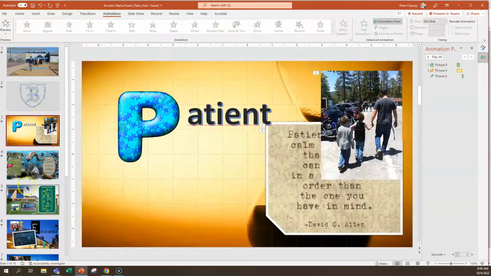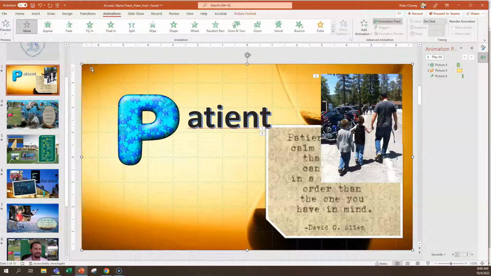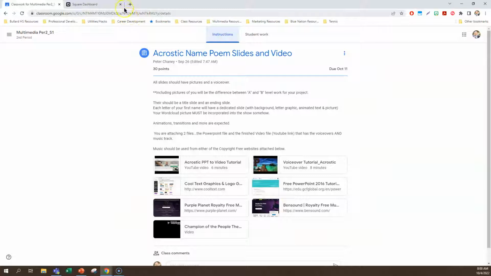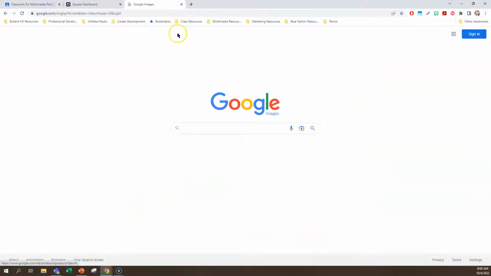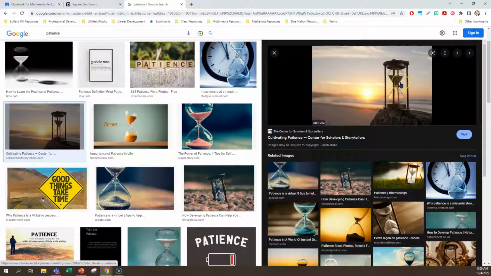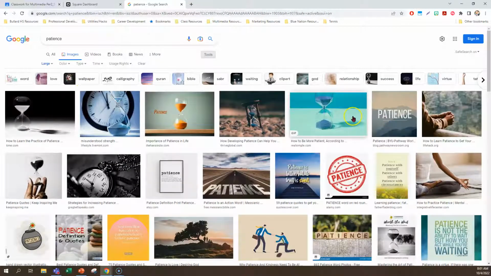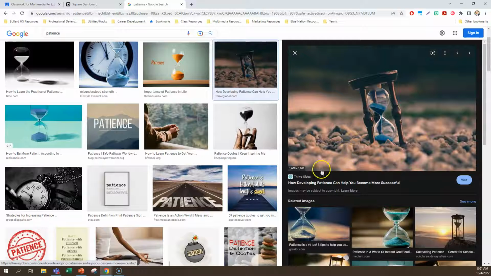Okay, slides 3, 4, 5, 6, 7 for me are my letter slides. So again, you need some sort of background. You can go to Google Images if you'd like to find a background. So the letter that I've used for the letter P is patience. Maybe I can find something that's cool for that. So an hourglass is kind of neat for that. This is a smaller picture, so for background, since I'm going to be stretching it out, what I probably want to do is go and look for larger images so I don't pixelate. So I'm going to go size large, and yeah, that's a pretty good looking picture,